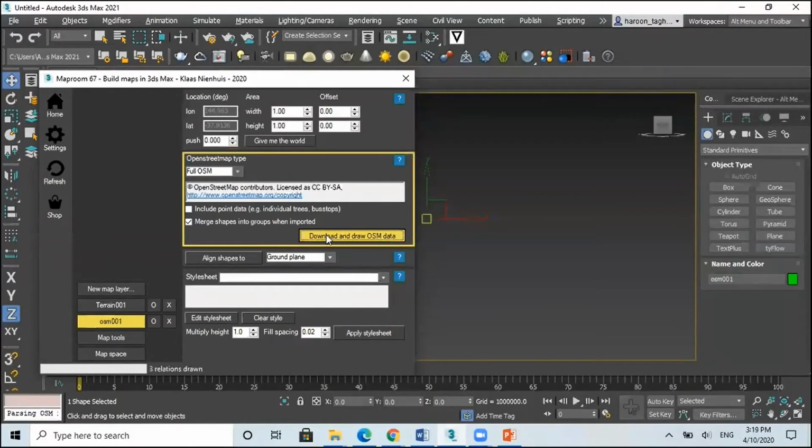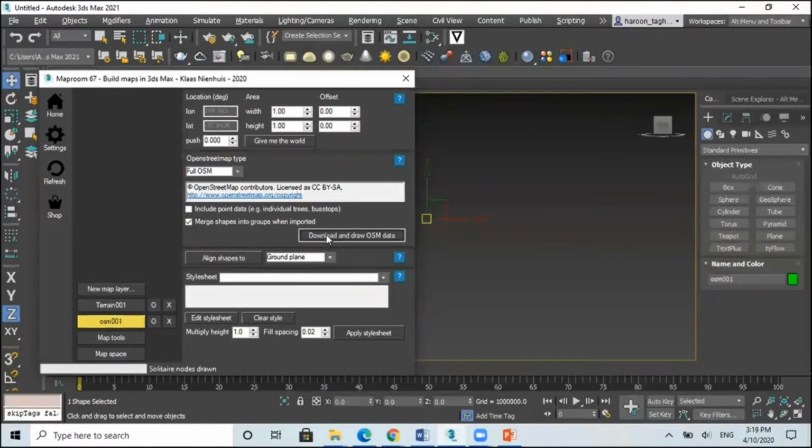Again, it will take a little bit of time, so just wait for it. Once it's completed,